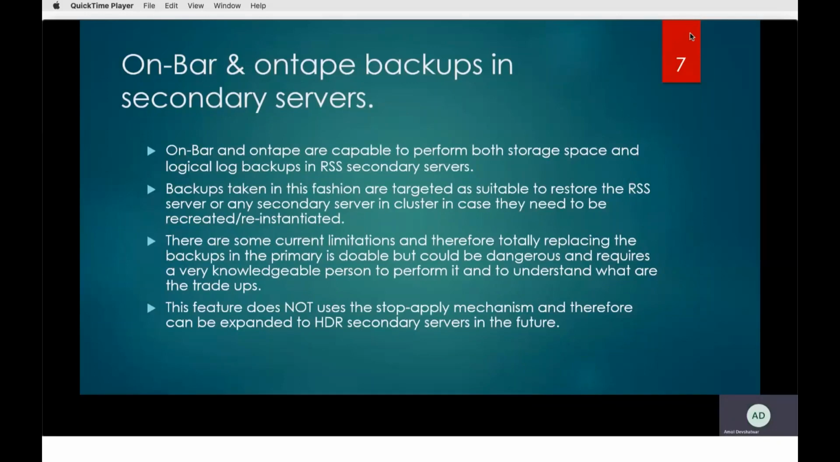So there are some current limitations. Totally replacing the backup into the primary is doable, but could be dangerous and requires a very knowledgeable person to perform it and to understand the trade-offs. From the point of view of DPA, if the question arises whether a backup taken on the secondary using Onbar and Ontape is a complete replacement of a primary, the answer is yes,